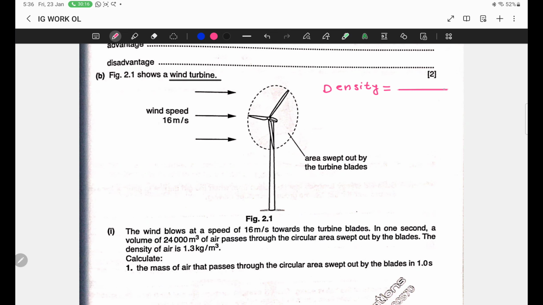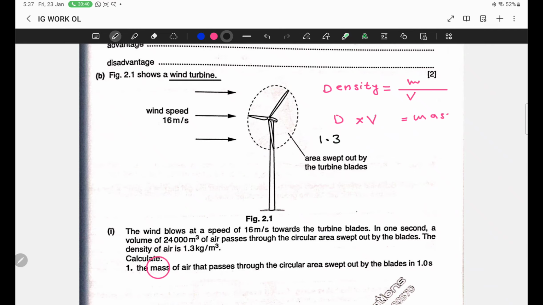Yes, you are right. Right, perfect. It is mass per unit volume. And if we have to calculate mass, then obviously mass is the product of density into volume. Sir, we are given density. Density is